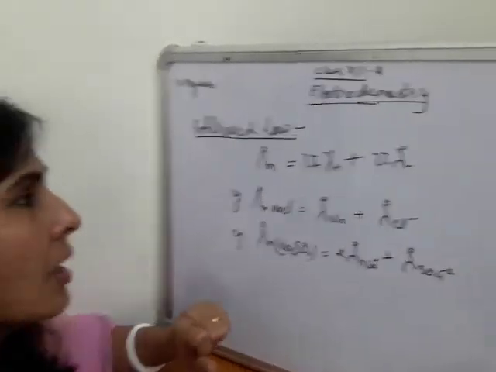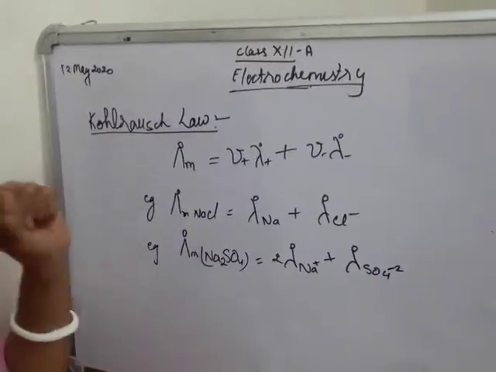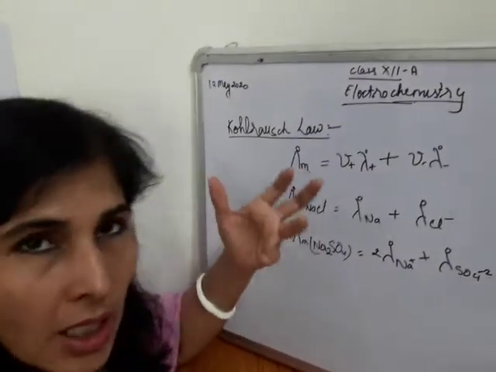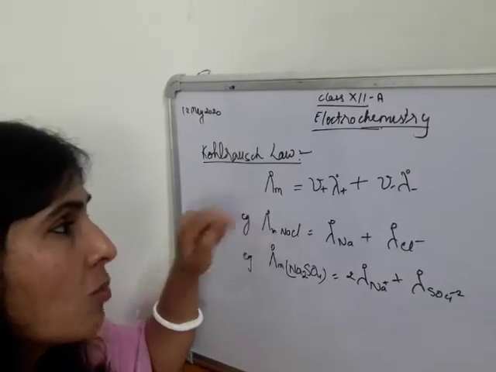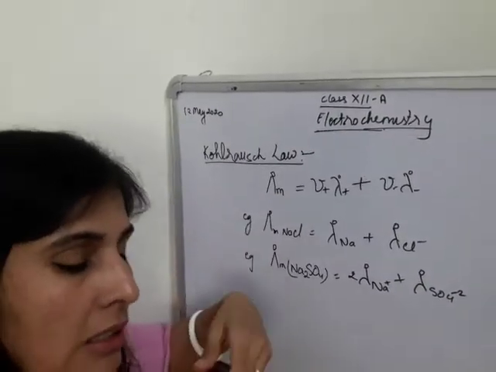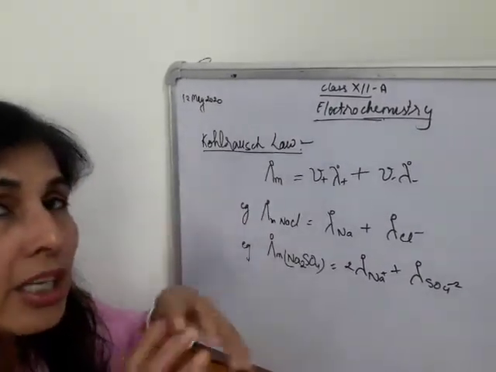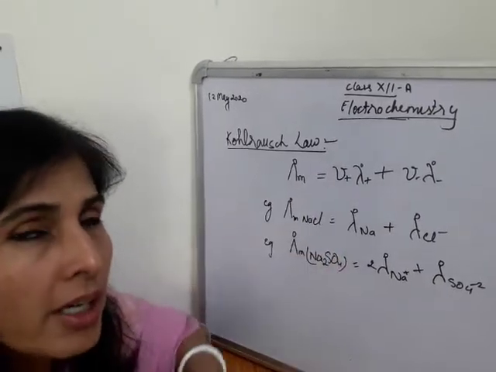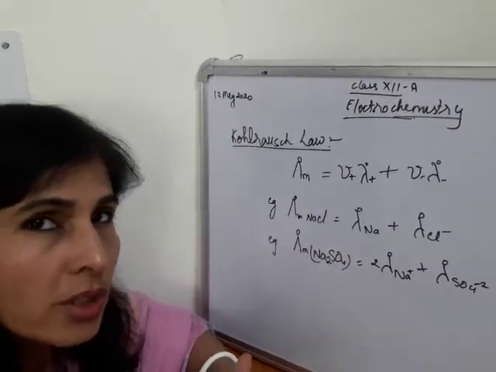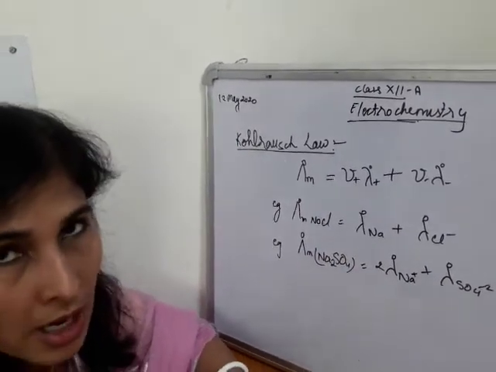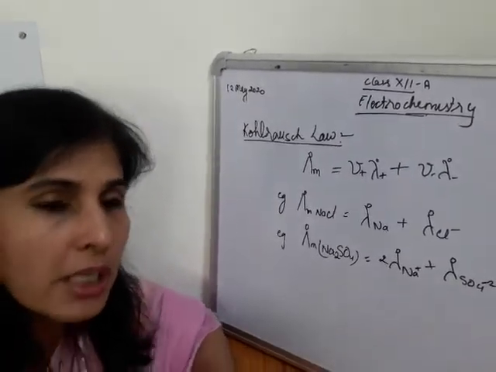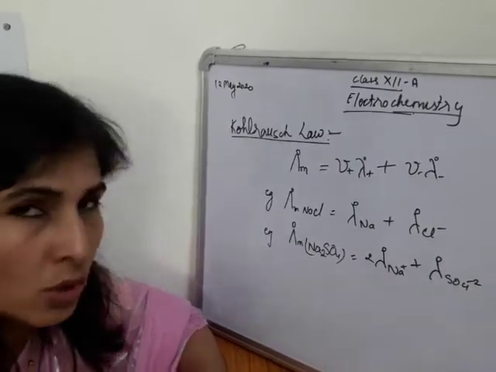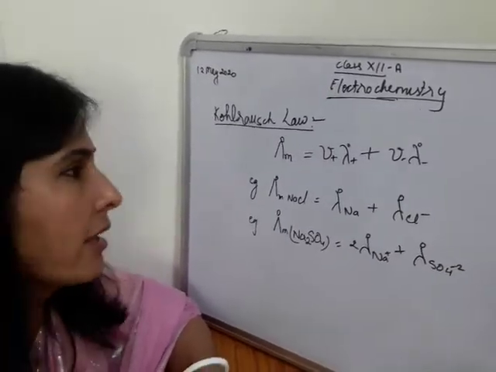Say, for example, I am trying to find out the molar conductivity of any electrolyte. So, how will I determine? So limiting molar conductivity, as we had already discussed, is the conductivity of the solution at infinite dilution. Infinite dilution means you cannot dilute the solution any further. Above this dilution, it will no more be a solution, but it will become a solvent purely. So till that extent, it is the infinite dilution.